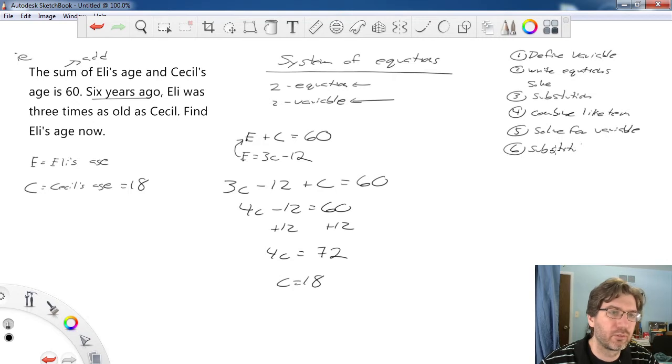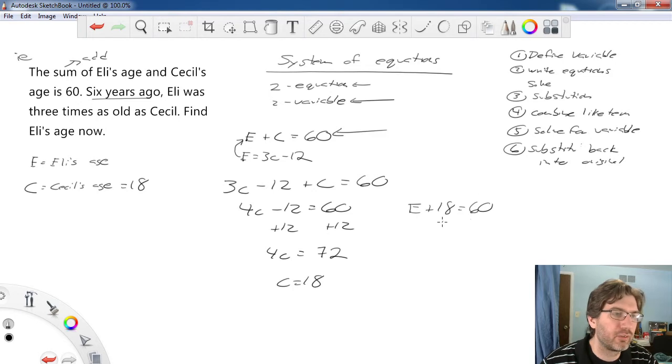Substitute back in one of your original equations, and this one's probably going to be the easier one to use here. So I'm going to type c as 18, plug it in, so Ellie's age plus 18 has to equal 60,